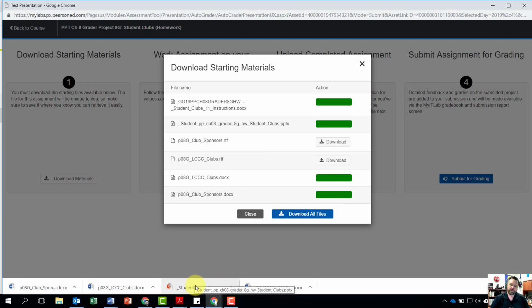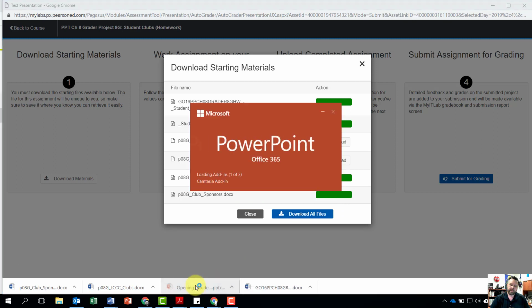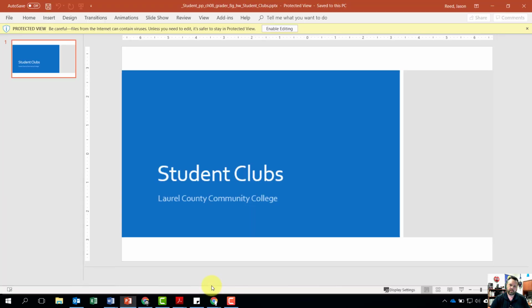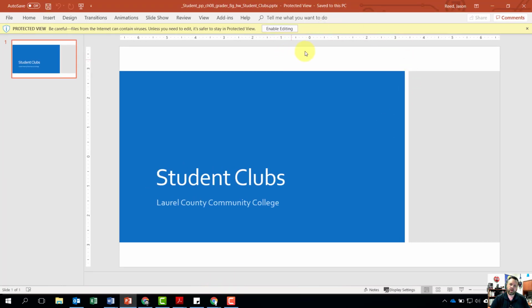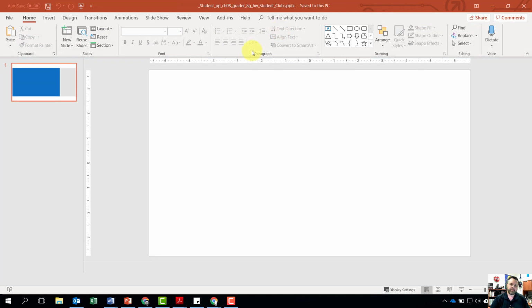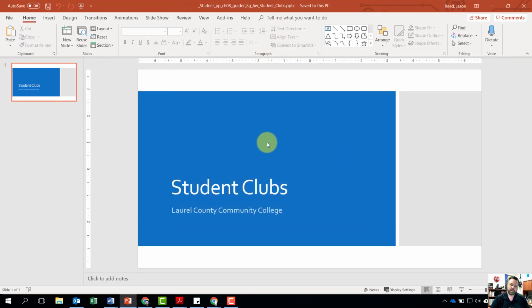And let's go ahead and open up our student file. And we will go ahead and hit Enable Editing. Alright, so the very first thing we want to do is insert a downloaded file as a slide from an outline. Now you can take Microsoft Office Word documents and import them into PowerPoint as a slide. To do this, we're going to come to our Home tab under our Slides grouping,